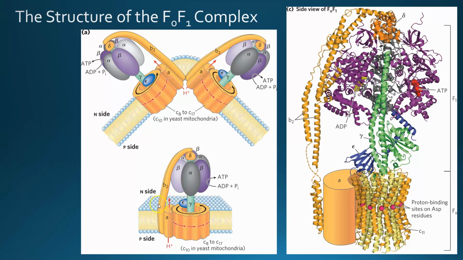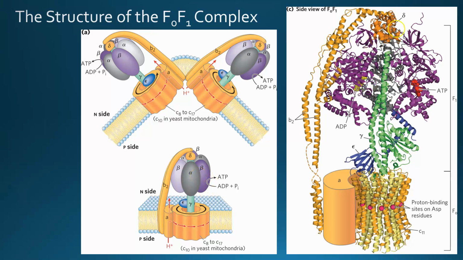We'll look at those in a minute, but the part that is embedded within the membrane, this circular part, that's the FO complex. It's connected by a central shaft to the F1 portion of the complex, which is up here. We also have this linker arm, which stabilizes the complex in the membrane so that when this FO complex rotates around, linked by this gamma shaft, the F1 part does not rotate. But this gamma shaft, where you can see the little tiny bit of that color right here, rotates inside the F1 complex. So that's an overview.